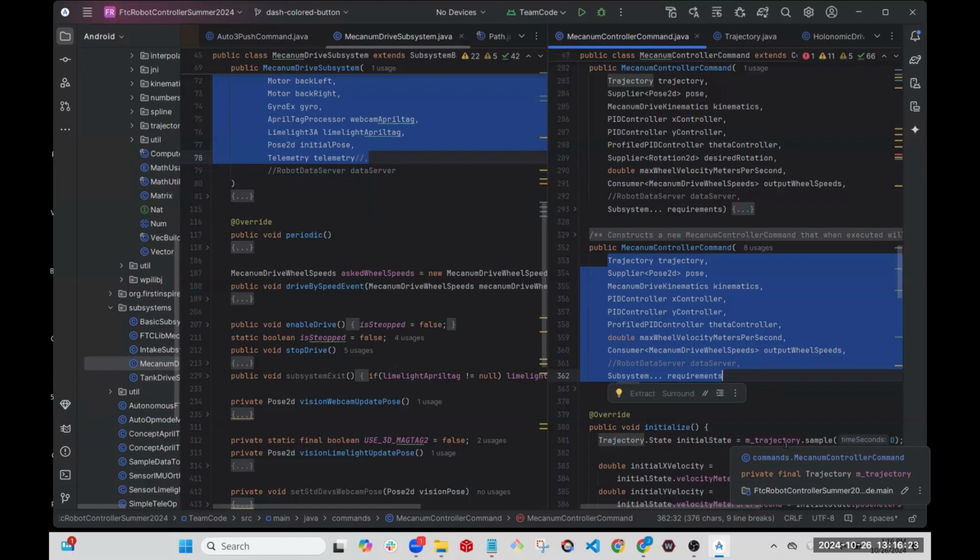And then we have the 2 PID controllers for the X and Y coordinates. And then we have a profiled PID controller, which controls the angle heading. We also have a consumer here, which is the output wheel speeds. What a consumer is, it's a pointer to an object that can then be used inside of the mechanism drive subsystem. So I'll touch on that a bit more later, but if you scroll down,